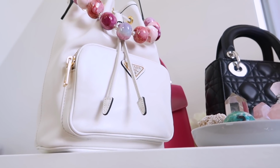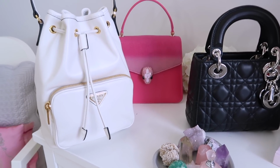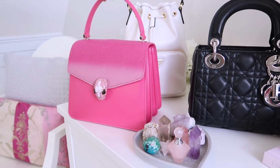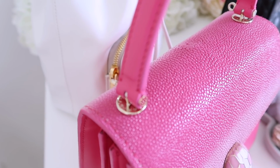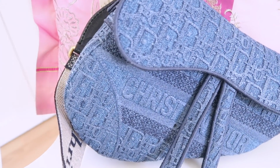So this is one of the newest ones, and I actually made this handle for it. I'm obsessed with making these bag handles, and I've got another one that I'm going to show you that I made a different handle for, and you can hold it by that as well. This is from Prada. Some of you might remember a couple of months ago I did a review where I reviewed the white Prada leather bag against the black nylon Prada bag? Well, that particular white leather bag, I ended up returning it because I found this one instead,